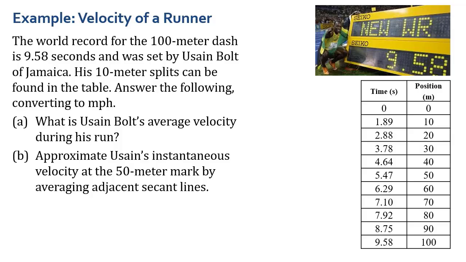What is Usain Bolt's average velocity during his run? Velocity is another word for speed. So how fast was he running? Well, we know that he ran 100 meters in 9.58 seconds. So we'd be able to say his average velocity is he ran 100 meters in 9.58 seconds. So that's approximately